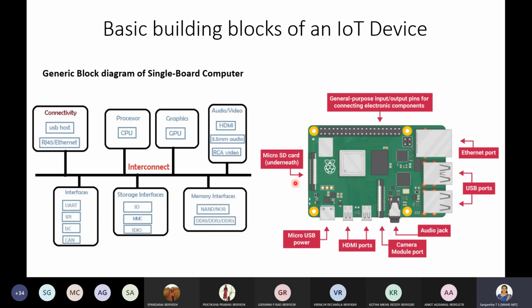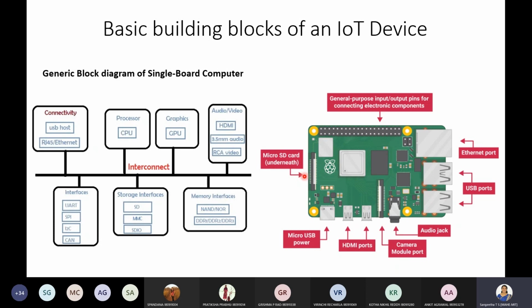Okay. So this Raspberry Pi comes as an empty board with these many components, and on the micro SD card, you have to write the operating system for this device. Okay, so there are different operating systems available. The most common operating system used for Raspberry Pi is called Raspbian, which is a Linux-based operating system. Okay, so you can use an SD card writer to write into that SD card which you want to insert into the corresponding slot.